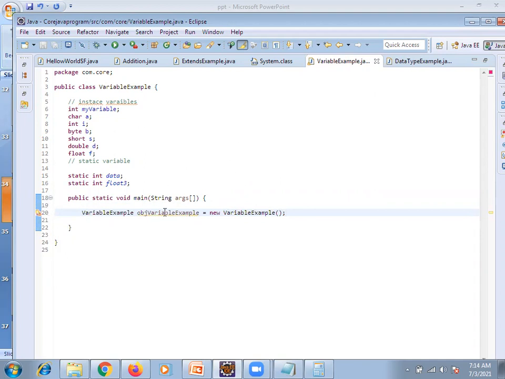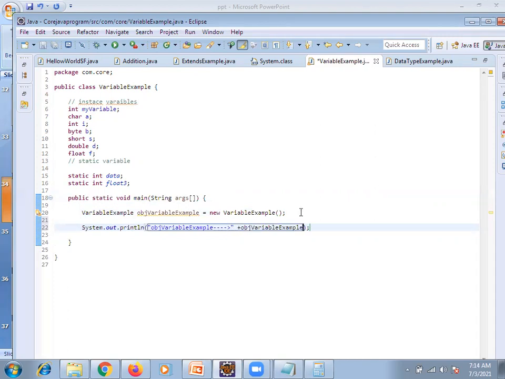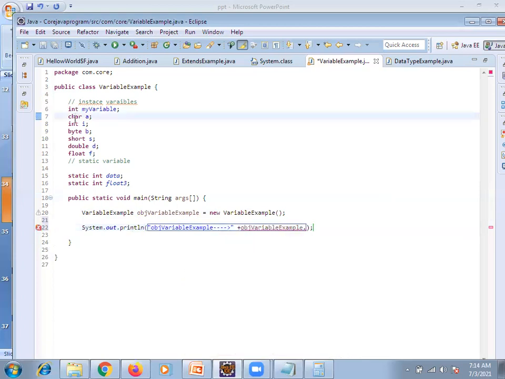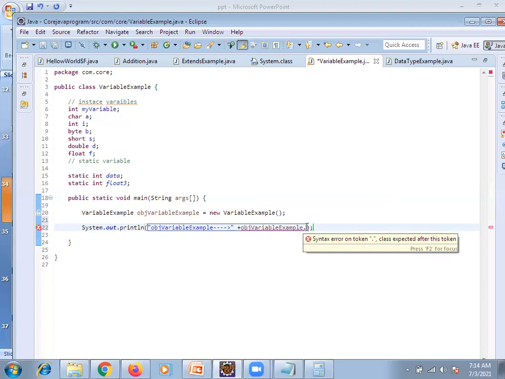We discussed that once the object is created, these instance variables will be available. You are clear, right? Now, what do I want to print? I want to print A. See now, just object name dot variable name I'm printing.